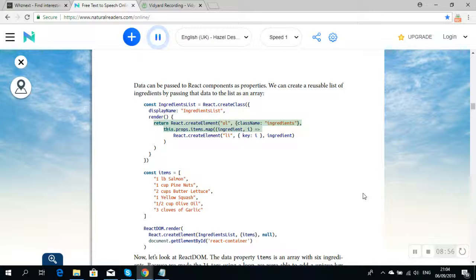this.props.items.map((ingredient, i) => React.createElement("li", {key: i}, ingredient)). const items = ["1 pound salmon", "1 cup pine nuts", "2 cups butter lettuce", "1 yellow squash", "1/2 cup olive oil", "3 cloves of garlic"]. ReactDOM.render(